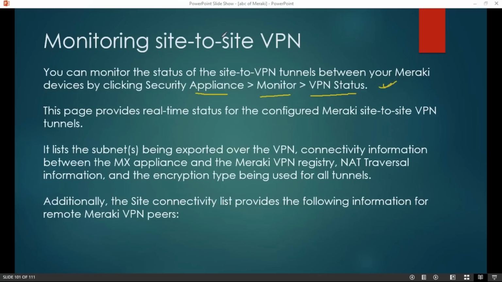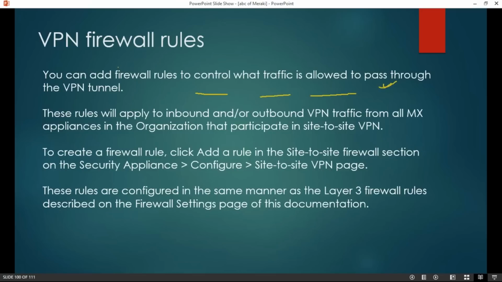We'll check that. And suppose you want to apply some firewall rules, some L3 firewall rules, because I am sending traffic over my auto VPN. So I have my auto VPN across data center and branches, so I can use L3 firewall rules to filter that traffic. Okay, and where we can do that, let me go to the dashboard,